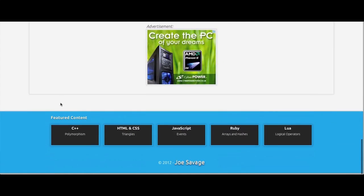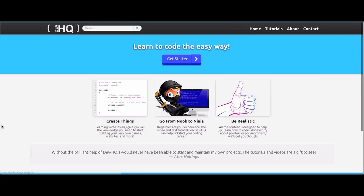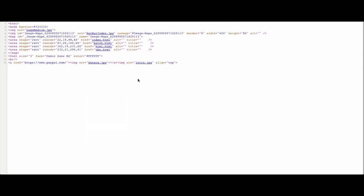So, I've been talking about the history of DHQv quite a lot, by the way. Let's just have a quick recap. This may be quite funny to see the contrast. Oh, this is the first design ever. This is what it all started as, folks. You can see the text. The name isn't even accurate. Is it Developers HQ? Is it Developers Den? Who knows? If you view the page source here, you can see I didn't even use any